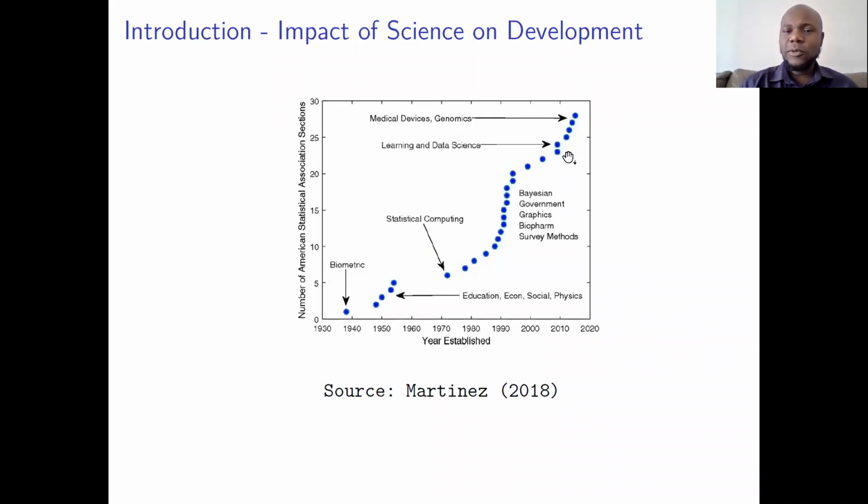And a couple of years later, we also see milestones being achieved in medical devices and genome sequencing, which is quite key as we profile diseases like the coronavirus and others, for example. So we see that these important milestones are important for humanity, so they're important for development. So we see this correlation between science and development.